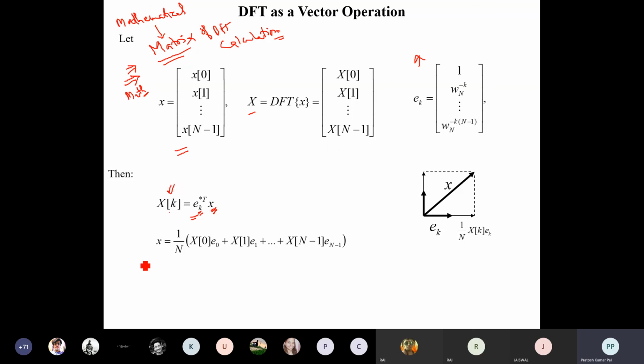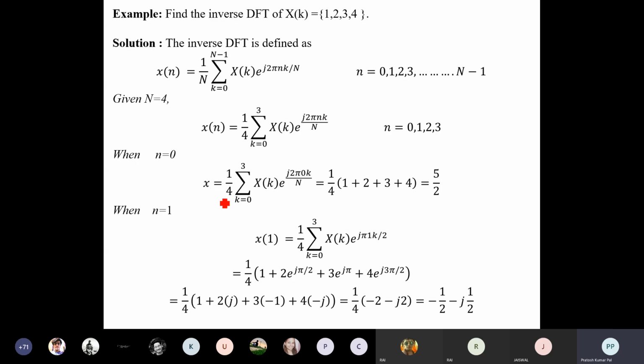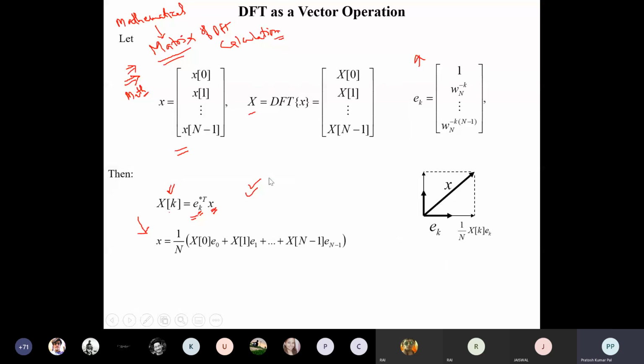Similarly, if we are taking the IDFT, this will be the method. We will see that part in the next class. This matrix method is very easy for calculating the DFT, so we will see how it works and, based on that, take an example. The same example we have taken is given here, so from there also we can understand how to calculate it. Before that we will see the matrix method. I will explain the matrix method in the next class.